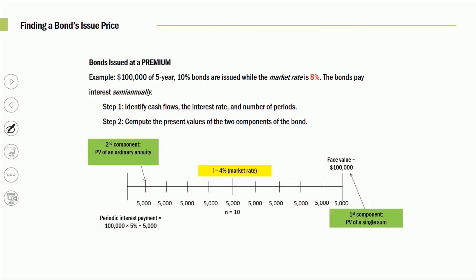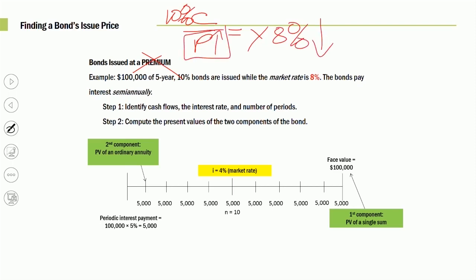Alrighty guys, now we have bonds issued at a premium. They're insulting us. You don't need to tell me it's a premium. I can figure that out for myself. Coupon divided by price, yield. You ready? They tell me we got 10% coupon. All right, what's the market rate? The market rate, 8%. Less than that coupon. So that means this bond is going to be issued at a premium. Above and beyond, we're going to collect more than the face value of $100,000.